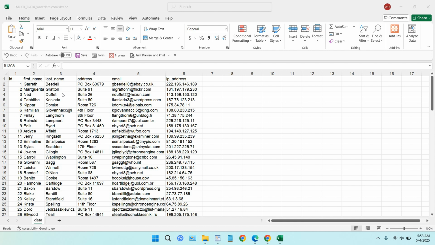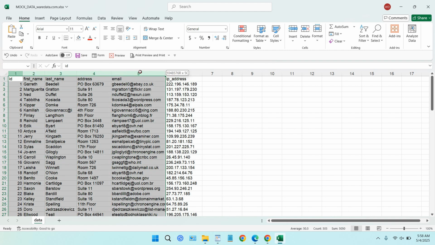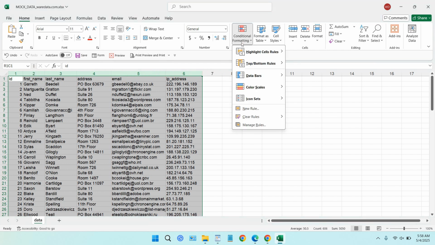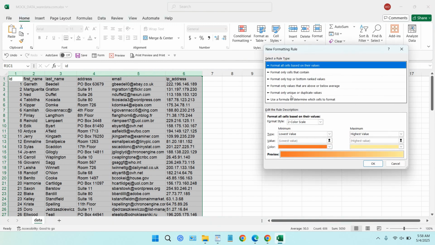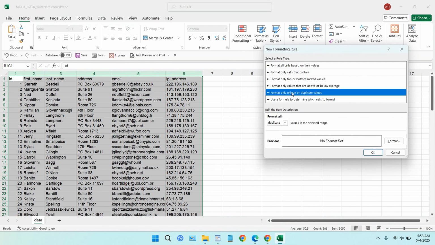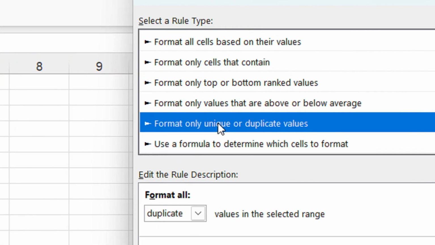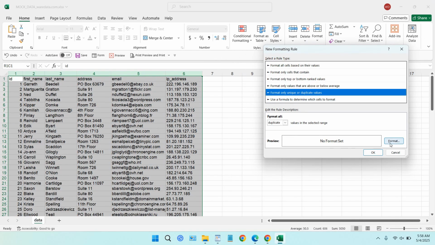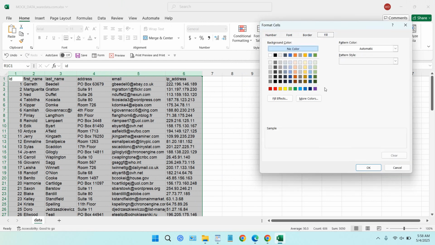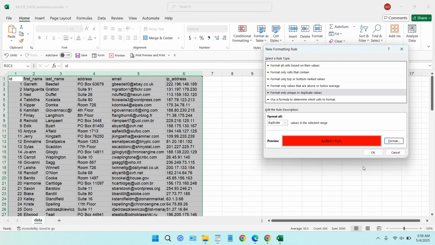How to do that? We will highlight the duplicate values. First, you can block the cells, it can be columns or rows. I will block all of my data, select conditional formatting, and select new rule. In here, select format only unique or duplicate values. In the format, you can fill with the red color, for example, and click OK